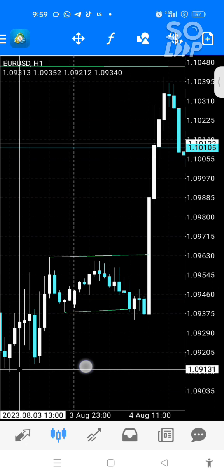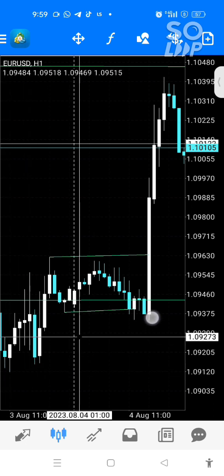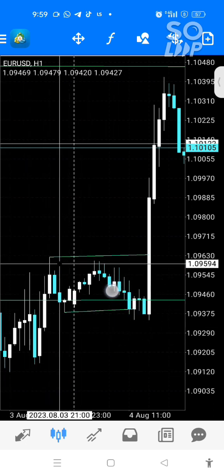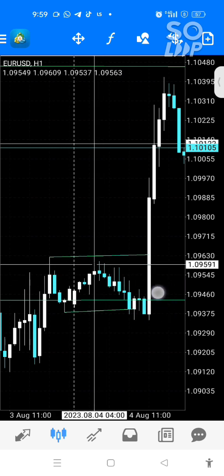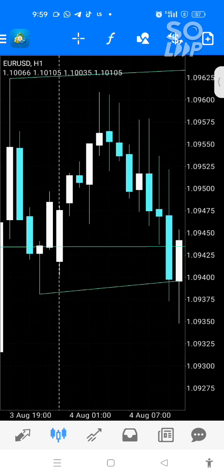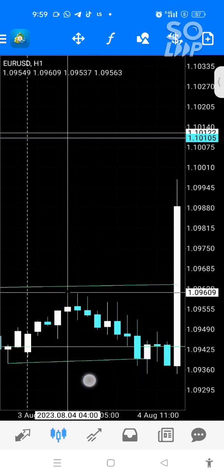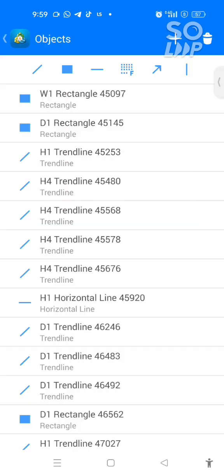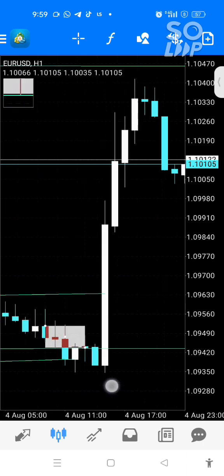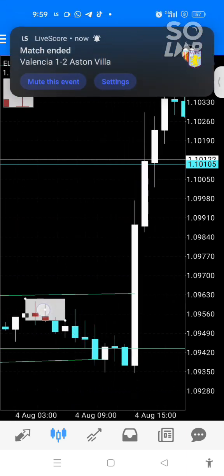I will look for a liquidity grab here or here. But this is a range, right? The market was trading inside this range. And I told you that there is a semi-range inside that point. You can see the range here. It's a semi-range. Now, the reason why I call your attention to this range is not because you should buy or sell when you see a purge at that range.